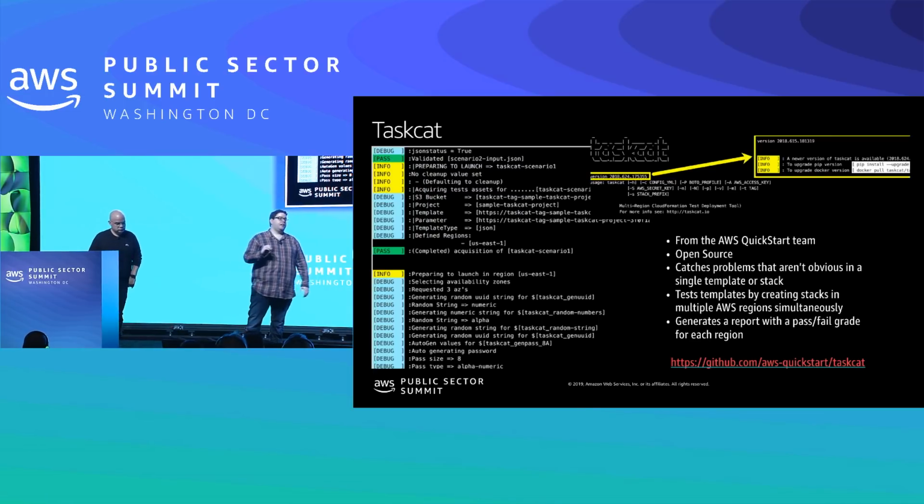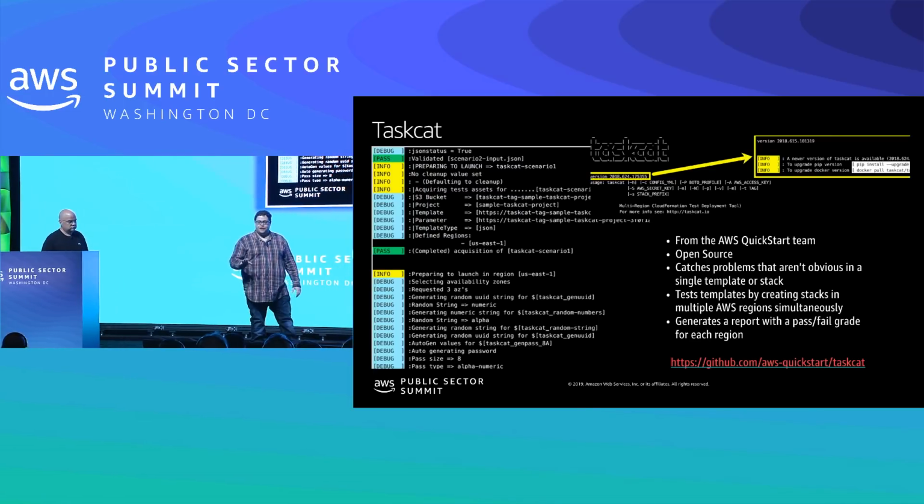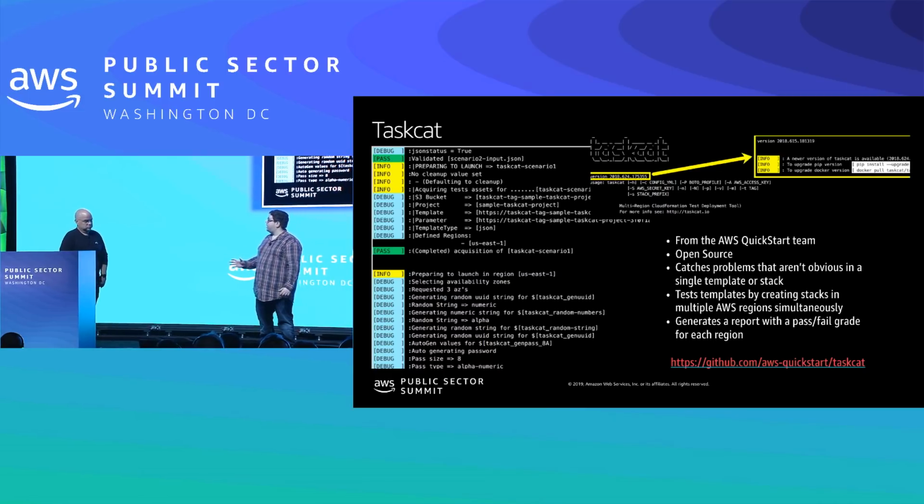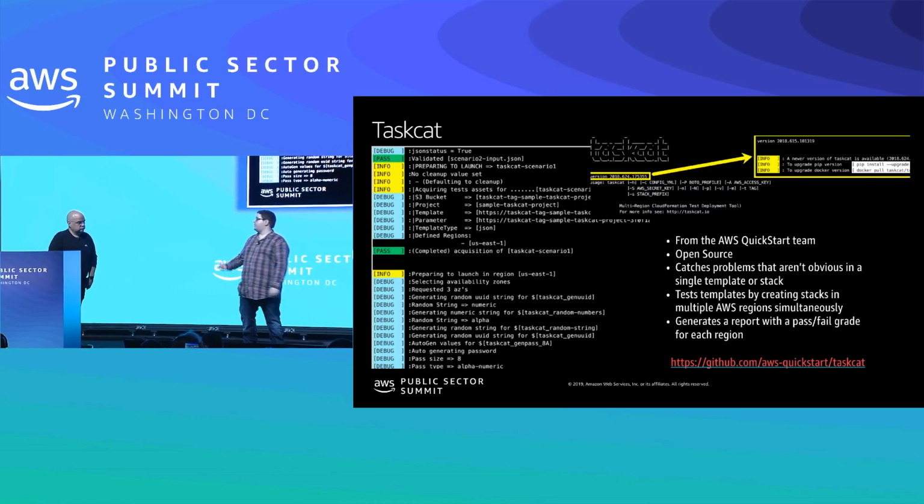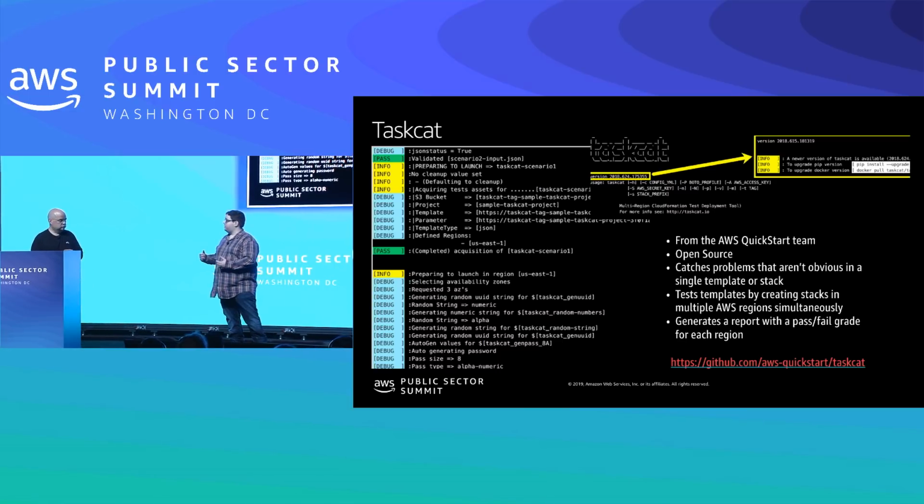Now, TaskCat has become a big favorite of mine. It was made by the Quick Starts team. They were using it internally and decided, let's open source this. Again, this is another one of the initiatives that we have at AWS to be more part of the open source community. TaskCat is nice because a lot of the times you're pretty sure that your template's going to run, but you're not really sure until you actually press the button, you go into the console, you do whatever CLI command. Most of the times, this is not quite what you want.